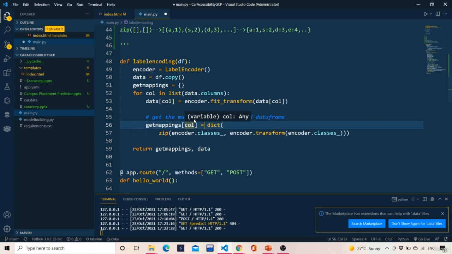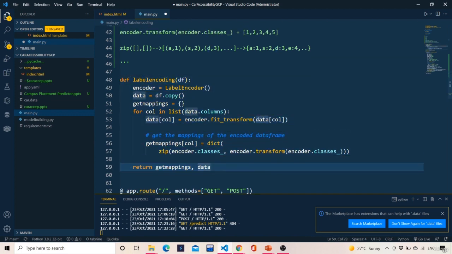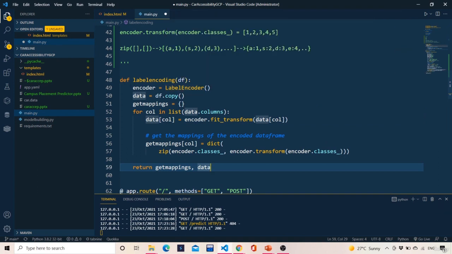Okay, so now I'll just return this, that is get mappings and data. I'll return that. So this is all about the label encoding phase. In the next video we'll look at how we can integrate the model.py file and how we can integrate the index.html. In the last video we understood how this label encoding function is happening at the back,